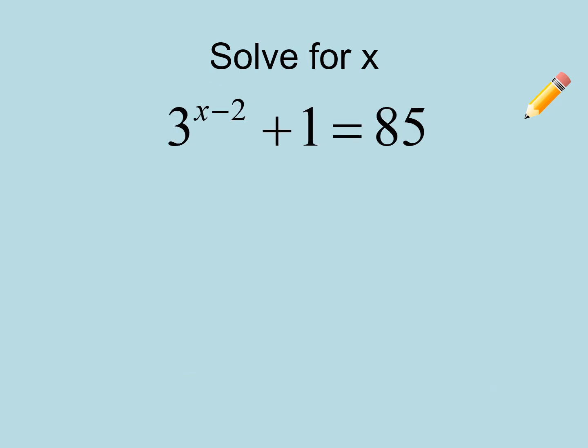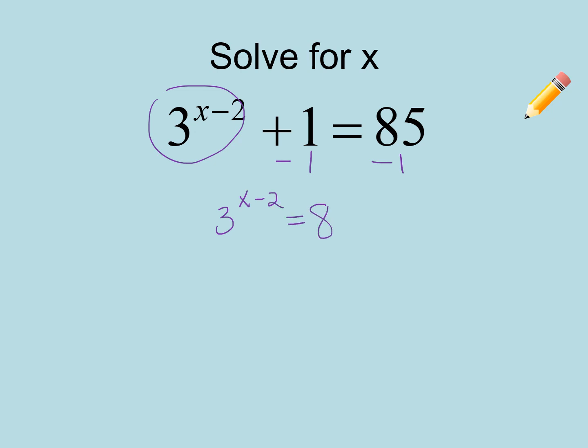So our final example for today is a mix of our first example and our second example. And again, in order to use the same base, we'd have to have a base on one side and a number on the other. So we want to first isolate. So we're going to subtract this one. Get that 3 raised to the exponent standing alone. So 3 raised to the x minus 2